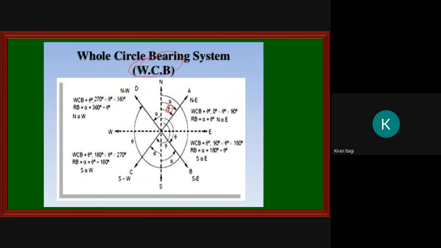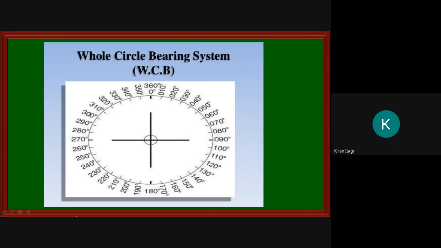Here we have one angle, another angle. So we have different types of angle which I have drawn before and explained to you: 60 degree, 120 degree, 270 degree, like that. This is how the graduated ring works in the prismatic compass. If it is pointing like this, we will take the reading of this angle.